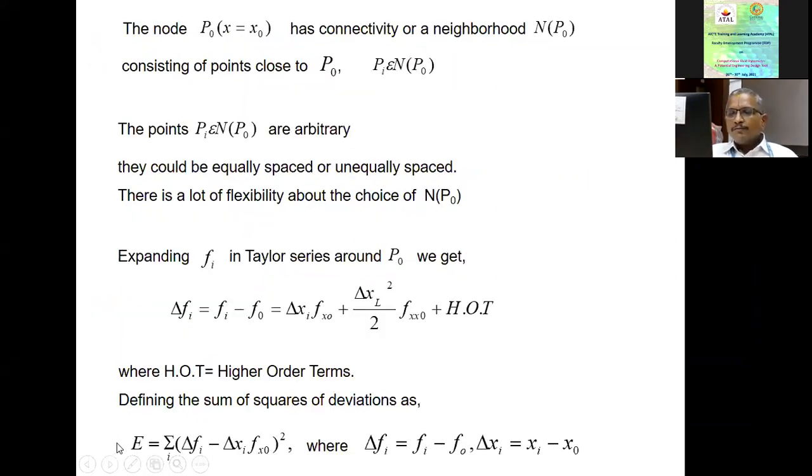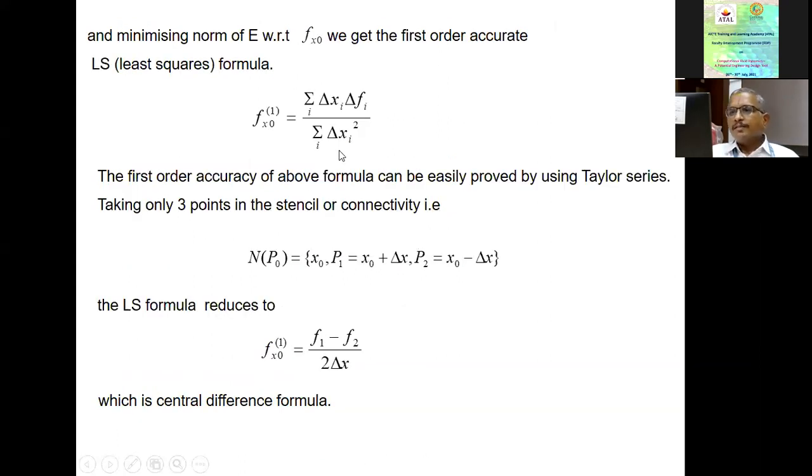If I now try to minimize this with respect to the quantity of interest, which is this derivative, then I get an expression for the derivative of interest. So this is the expression. What this expression says, let us slowly look at this. Later I can really go fast. So this is the heart of mesh-free. So what does this formula say? This is a very simple formula in 1D.